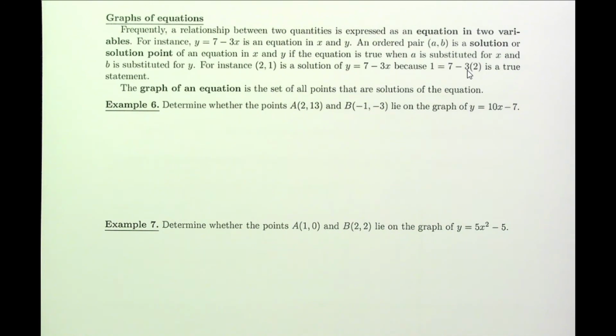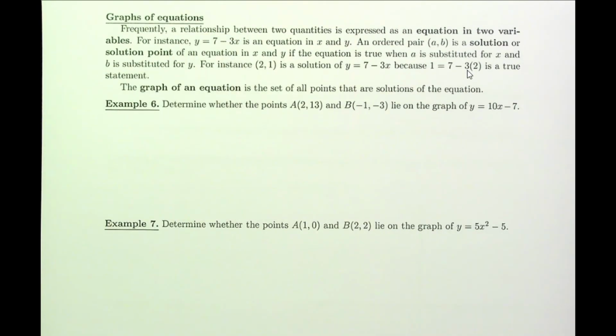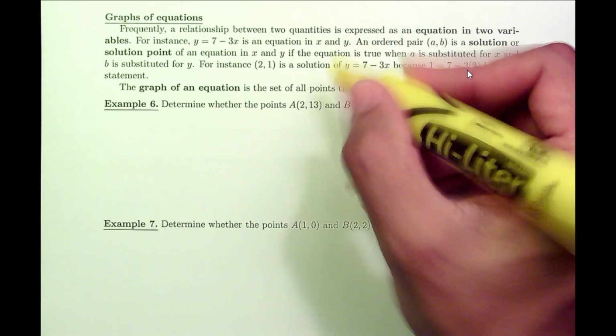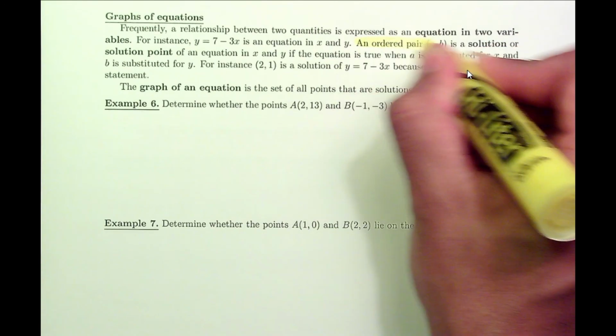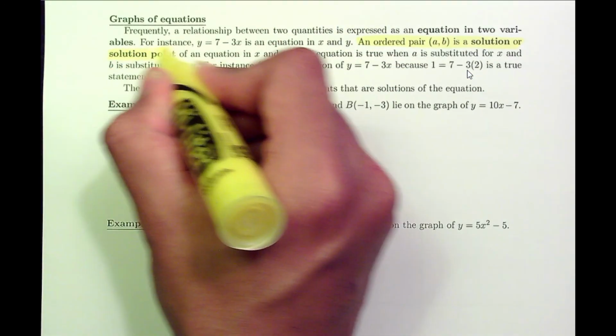So then the graph consists of all the points whose coordinates x and y satisfy that equation. And the points that are part of the graph are often called solutions or solution points of the equation. Okay, so an ordered pair is going to be called a solution of that equation or a solution point of the equation